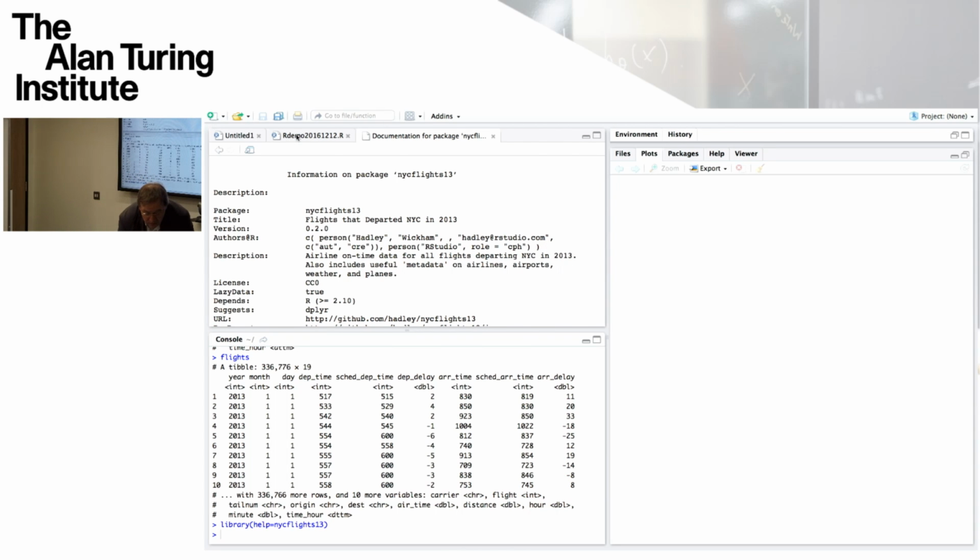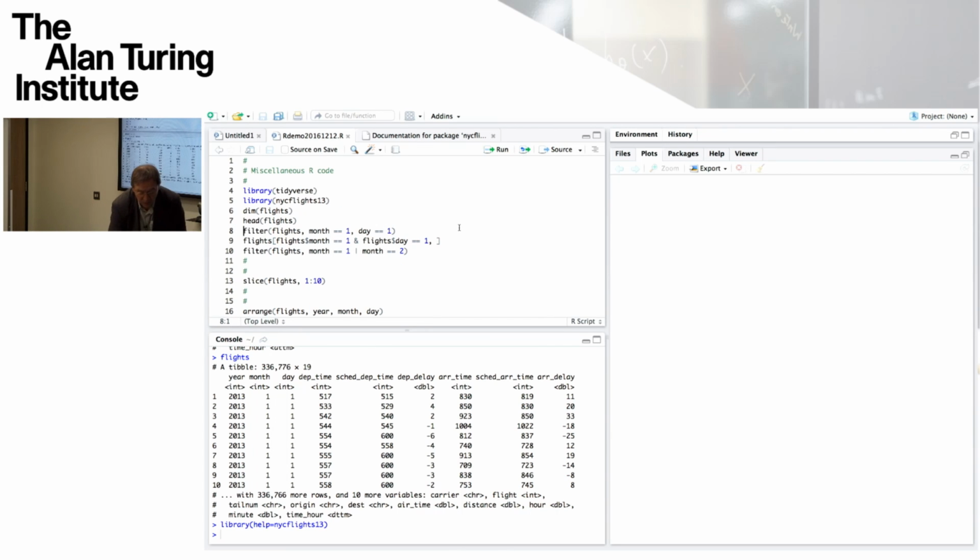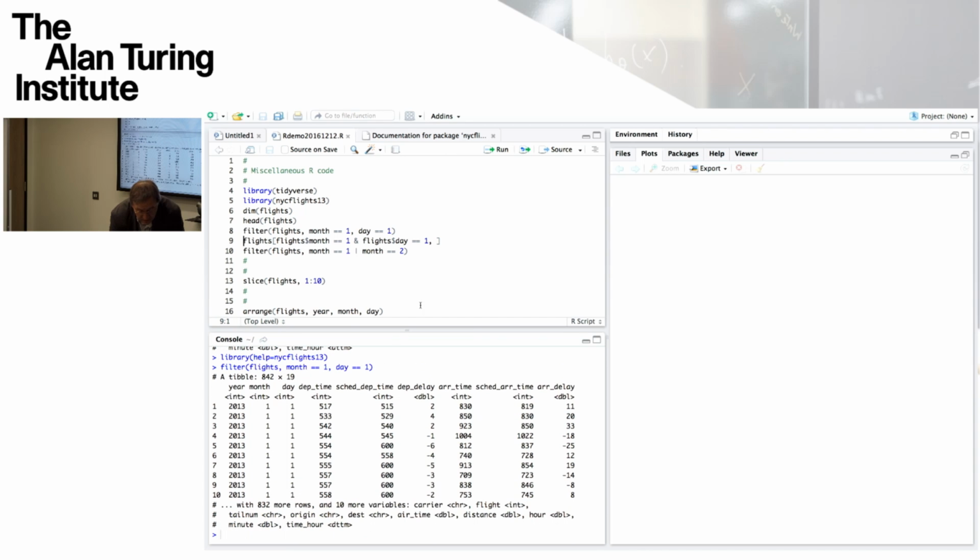Okay, if I go back to my file up here. So here are some examples of using those dplyr verbs to take actions on data frames. The first few are the filter. So filter, in the first argument it takes, we just run that. Filter takes the data set, the flights data set, and then there's a comma separated list of Boolean expressions which are ANDed together, and then you select the rows for which that Boolean expression is true.